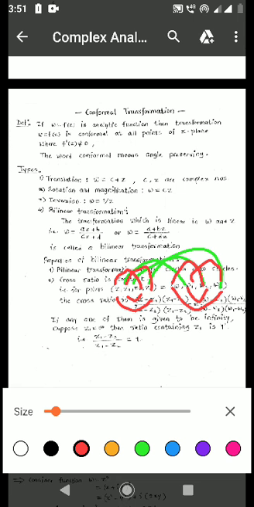Now if any one of these points z1, z2, z3 or w1, w2, w3 is infinity, suppose z1 equal to infinity, then the ratio containing that point is considered equal to 1. What is the ratio containing z1 here? That is z1 minus z2 upon z1 minus z3 upon z1 minus z2. This ratio will be considered equal to 1.